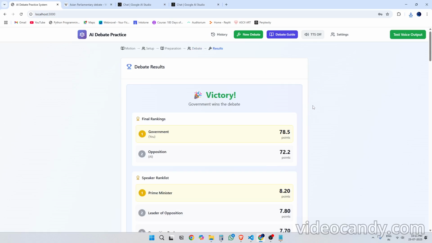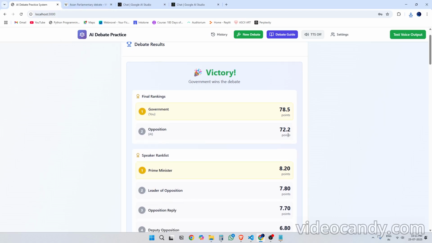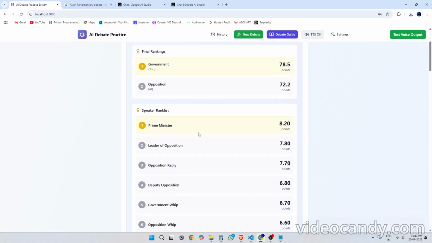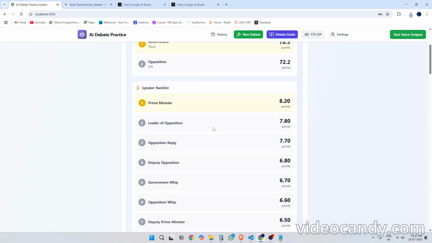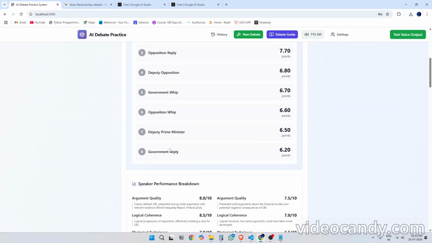And the adjudication has declared us the victory. The final rankings of the teams are: we have won by 78.5 points, while the opposition has scored a 72.2. We happen to be the best speakers with 8.2 points, and the LOP with second best,